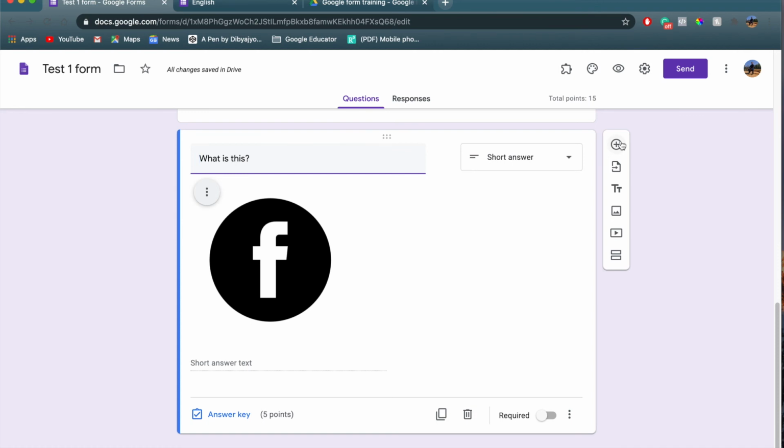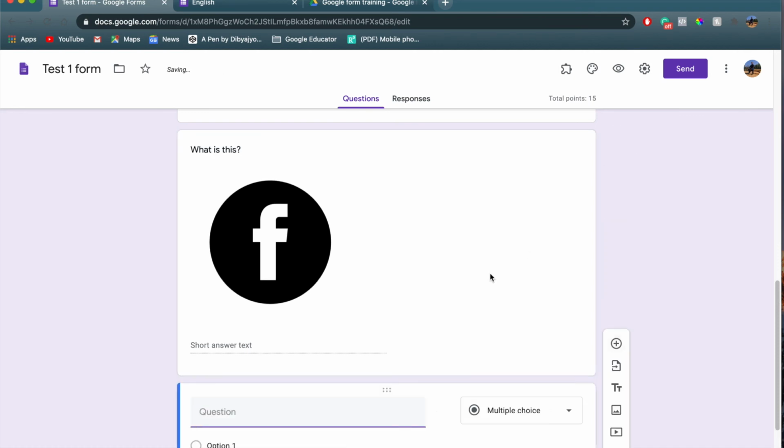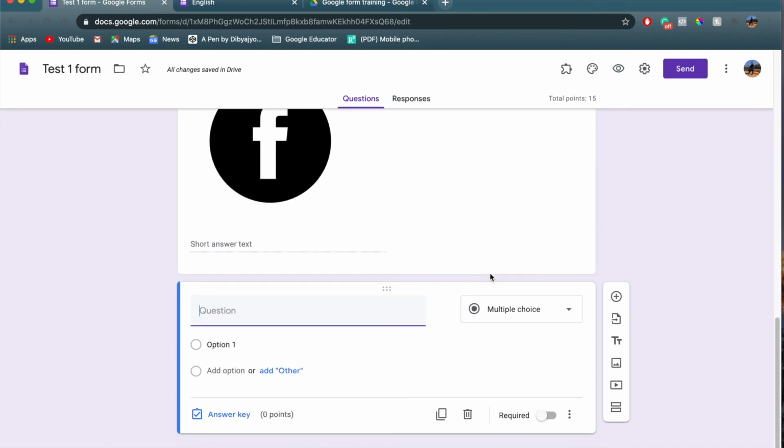Now let us explore another type of question, which is file upload. So what is file upload? Whenever you give a complex question, suppose to solve an equation or a mathematics problem, a student will have to solve their equations or the maths in his or her copy, and then he or she will have to upload it by clicking an image. So how to set this type of question, right?